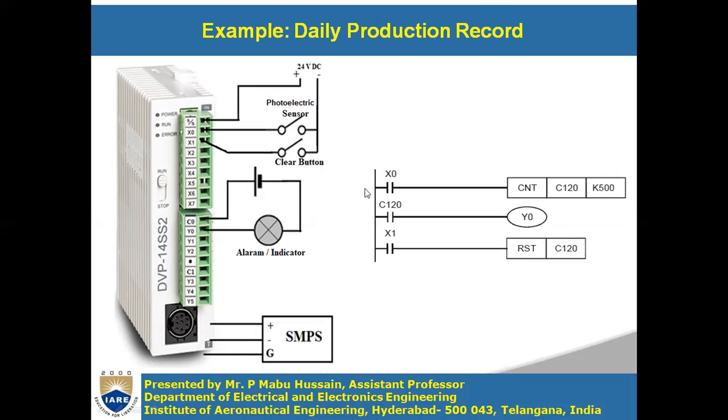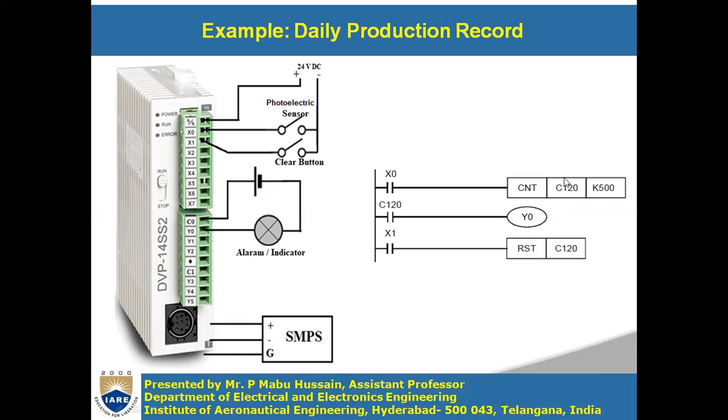See, this is the PLC ladder program. Whenever the photoelectric sensor detects a product, X0 will turn on. Whenever X0 is on, the counter CNT, which here is C120, will increment its value by 1. When another product is detected, it will increment by another 1. Like that, it will count 1, 1, 1 up to 500. Whenever the target is reached,